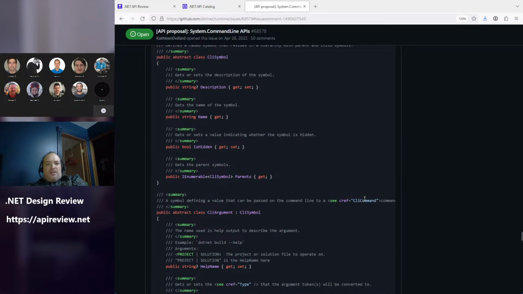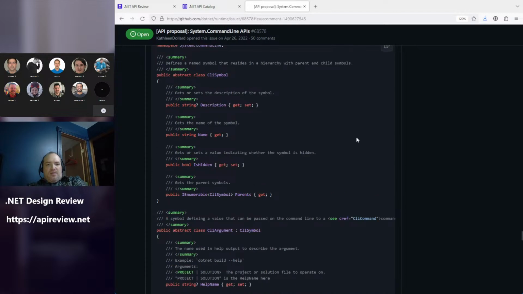All right. Anybody else have anything else for symbol? Yeah, I'm finding it. The CLI command class. The constructor takes a name and an optional description, but the description is itself a publicly settable property. Should that parameter be dropped on the constructor? Yeah, so